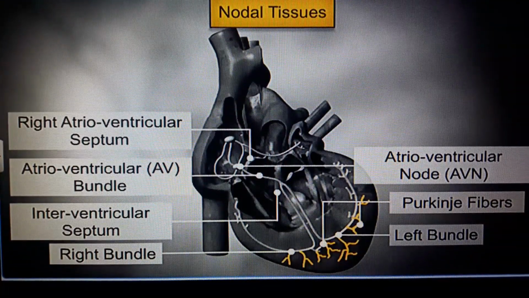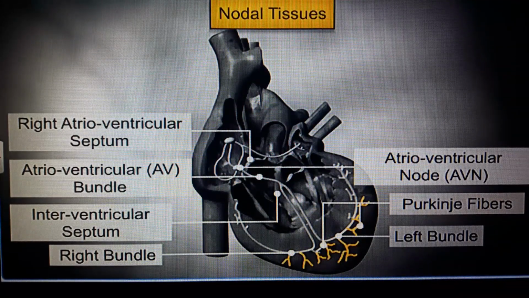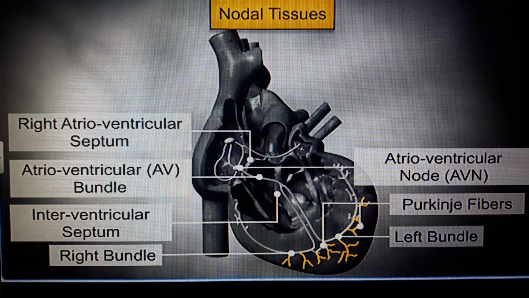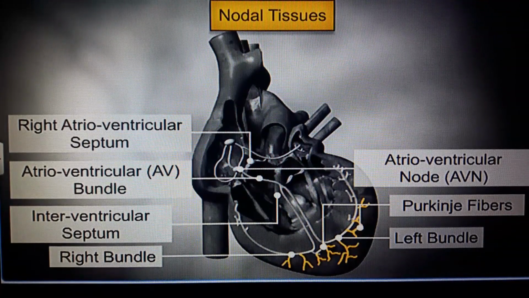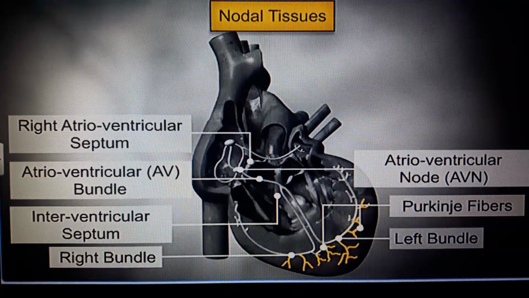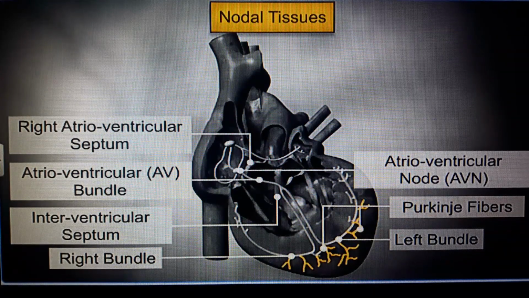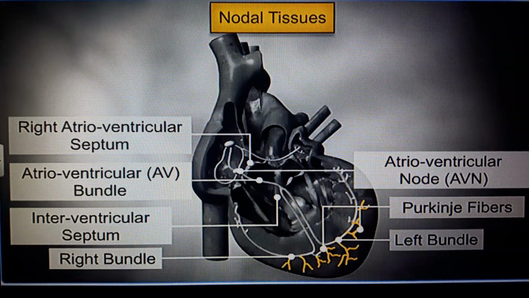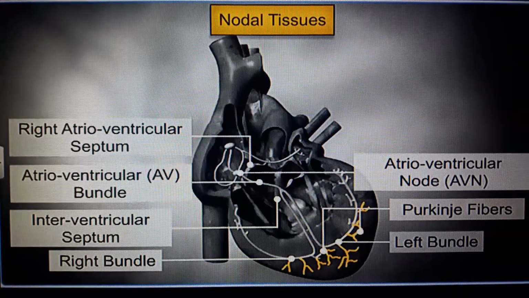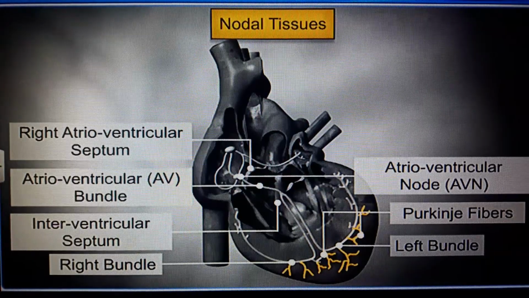First of all, action potential is generated by the SA node or sinoatrial node, causing contraction of right and left atria. Then the AV node, after that the AV bundle, after that the bundle of His, means contraction of ventricles, because the bundle of His provides impulses for the simultaneous contraction of the ventricles. And finally Purkinje fibers. So in this way conduction of action potential takes place.